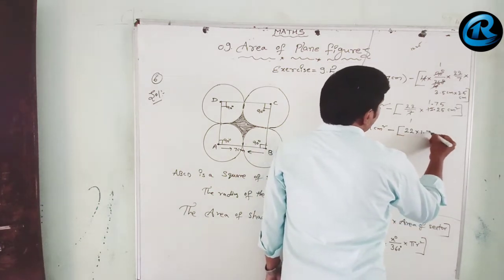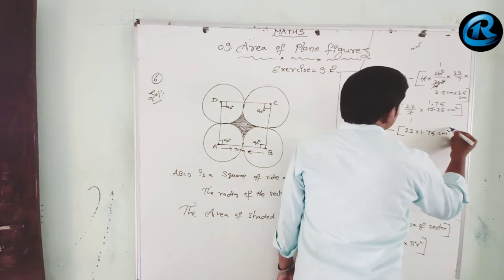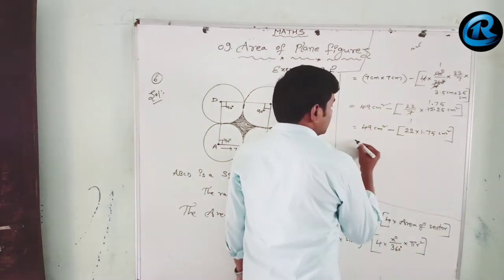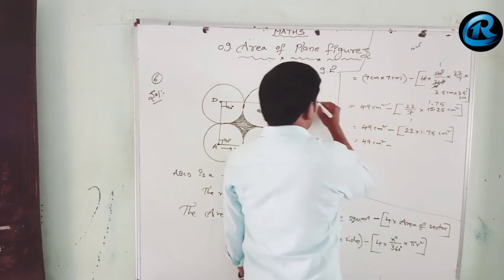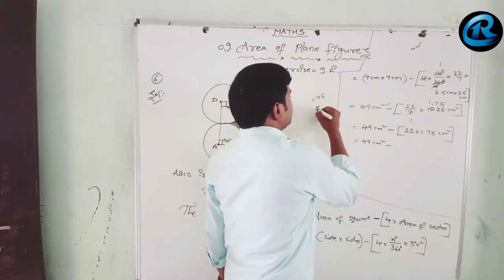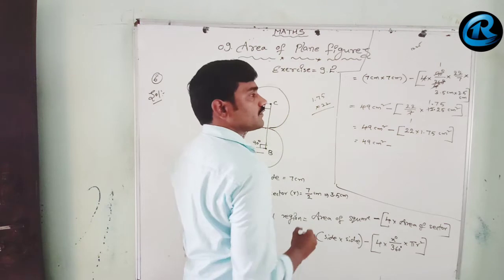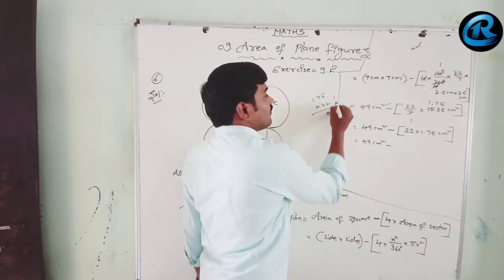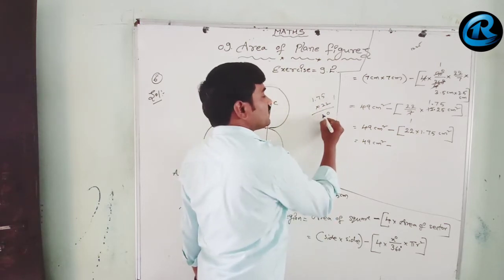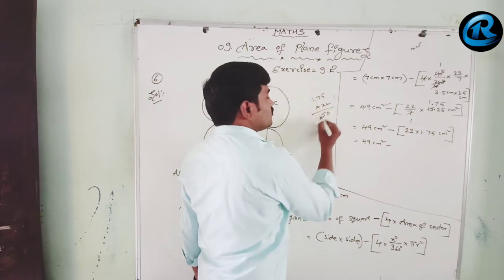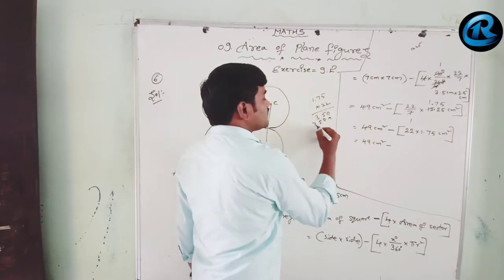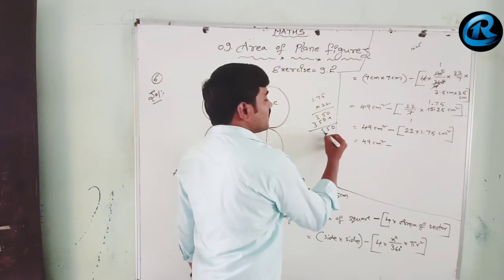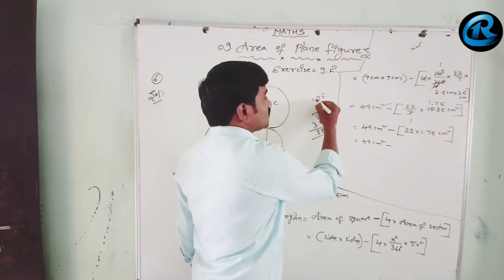Now we got 49 centimeter square minus 22 into 1.75 centimeter square. Now let us multiply this. 49 centimeter square minus this 1.75 into 22. So 2 5s are 10, 1 carry. 2 7s are 14 plus 1, 15. 1 carry again. 2 1s are 2 plus 1, that is 3. So again if you multiply with 2, we get the same, that is 350. 0 5 8 3. Here 2 decimal digits, no?